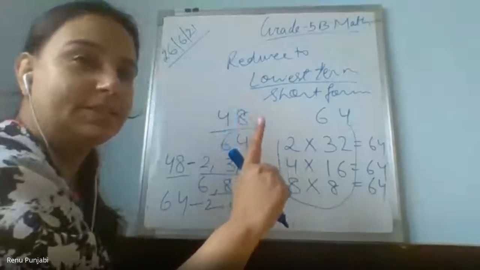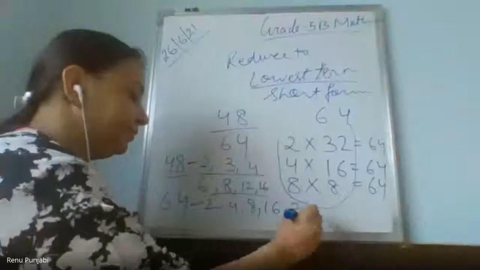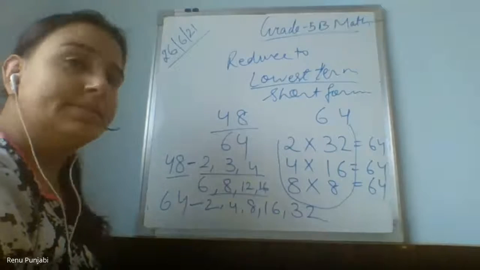2, 4, 8, now 16, now 32. When 8 times 8 is coming, you write only one time 8. Then 16 and 32. Got it? Yes, ma'am. Now we will find